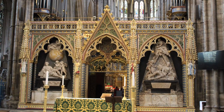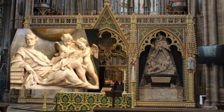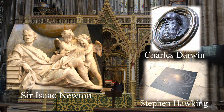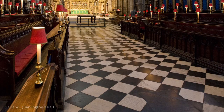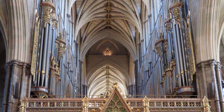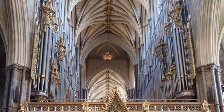The next thing you'll notice is the Scientist's Corner, where some of the greatest minds of all time are commemorated. Among them are Sir Isaac Newton, Charles Darwin, and Stephen Hawking, just to name a few. Then you come to the choir, with its beautiful stalls and black and white marble floor dating from 1677. The choir is also home to the famous Abbey organ, widely regarded as one of the finest in the world,